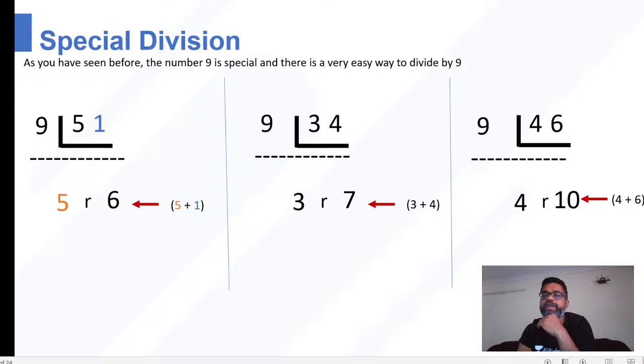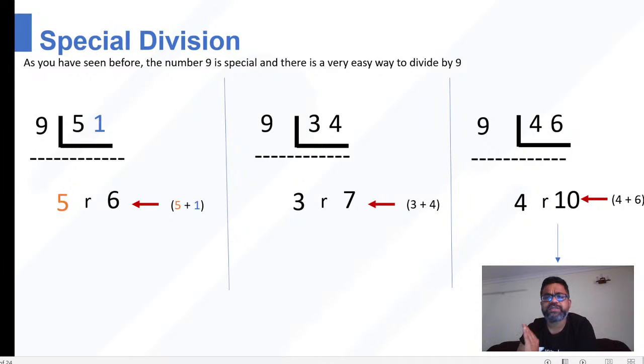No way, right? You can never have a remainder which is greater than your divisor, right? Because if you're having one 9, you better grab that 9 here. You give that one 9 to the quotient. I give one more 9. So I will have 5 9s, right? When I have 5 9s, then from that 10, 1 9 will go away, I'll be left with a 1. So it's a 5 remainder 1.